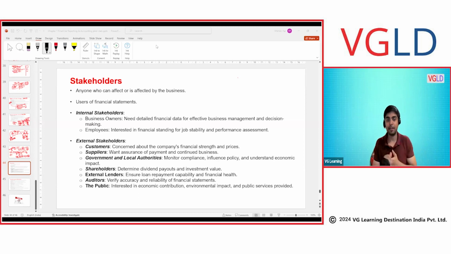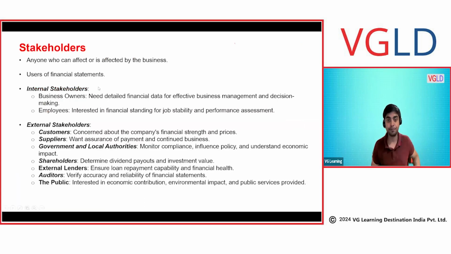Yep. Okay. Nice. Stakeholder. So we understood what the elements of the financial statement are. Now let's understand who we prepare this financial statement for. We prepare this financial statement for stakeholders. Normally, let's say we are a sole trader, or a partnership, or a company. Normally, we prepare the financial statement for people who have invested their money.